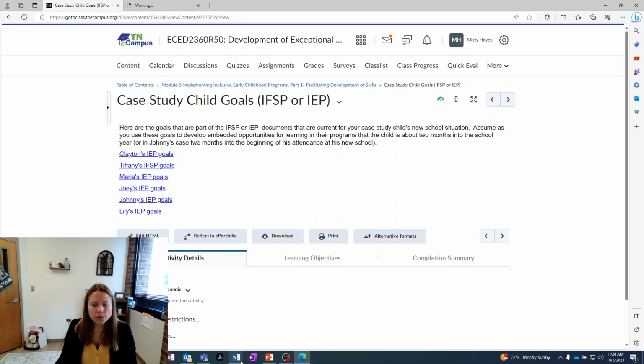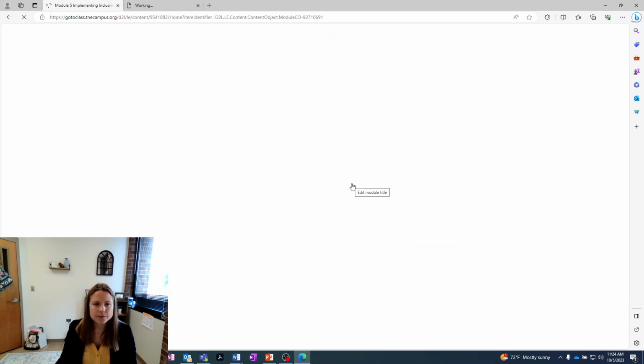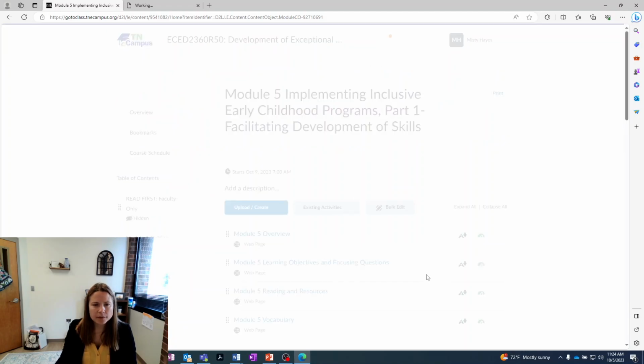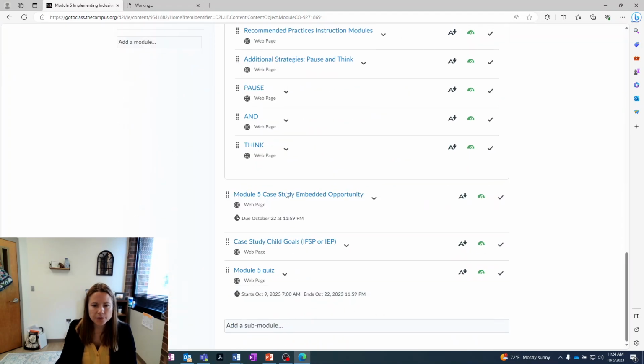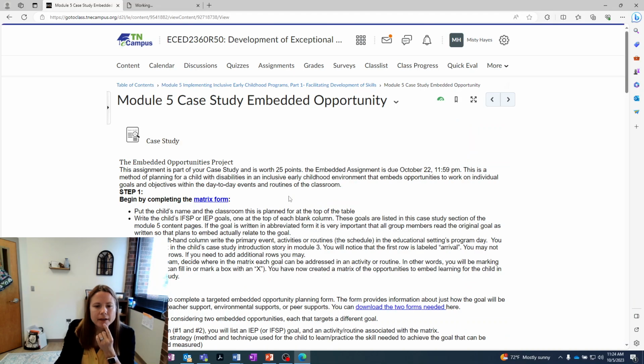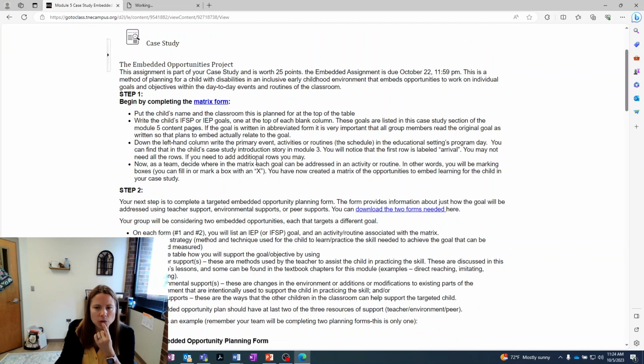So what we're going to do is go back. Like I said, just have it pulled up to the side, in a new tab, so you can easily get to it as you're working on this. So after you write the goals, it's important for you to remember that when you're working in a team, if you abbreviate anything, all group members understand what the goal is, okay, and what the plans are to embed